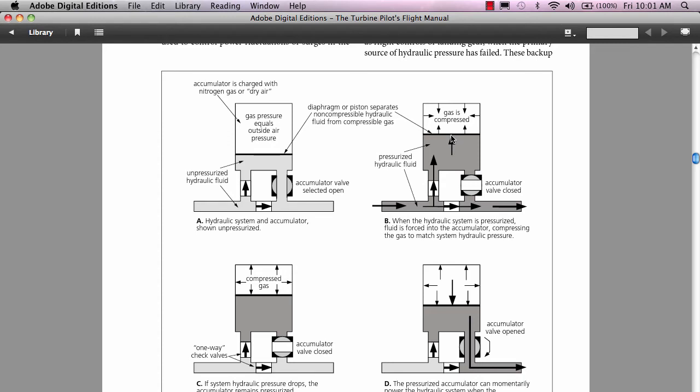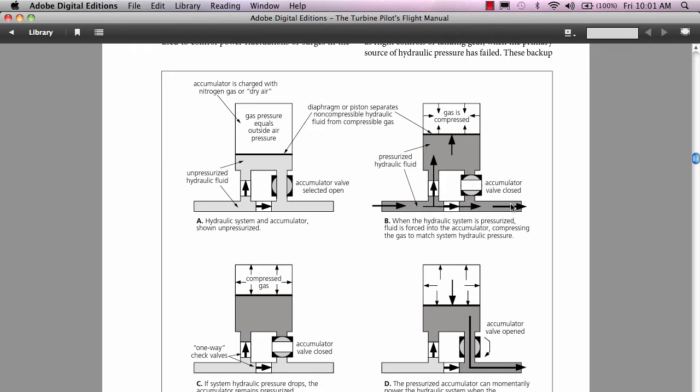So it's got this built-up pressure inside there. Again, you've got 3,000 psi on this side of the diaphragm, and you've got 3,000 psi on the opposite side of the diaphragm or piston. Now what happens once this gets filled? A lot of times there's an accumulator valve that will hold that pressure and that fluid inside there until it's needed. Now some of the older systems just had an accumulator that was in the system itself,